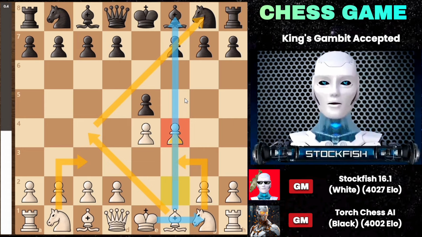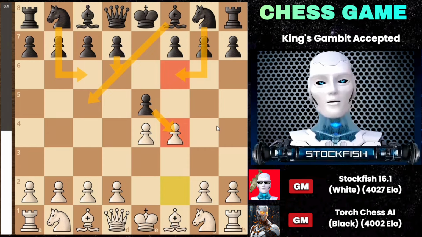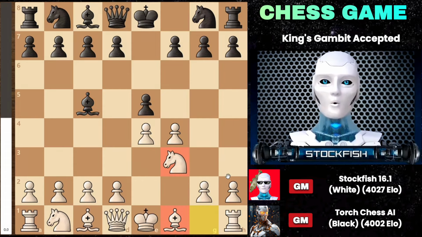From black's perspective, he can play bishop c5, knight f6, knight c6 or d6. He can also eventually capture the pawn on f4. Let me show you the variation that will occur if he dares to play bishop c5. Consequently, bring out your knight to f3, threatening to play bishop c4, and after d6 c3, preparing to strike in